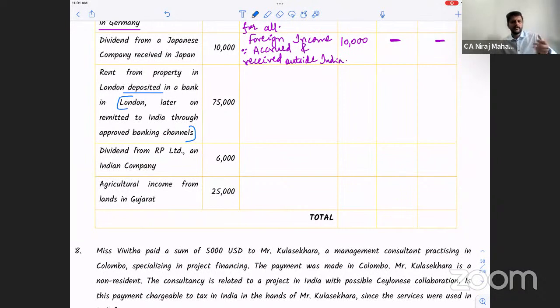Otherwise, how many times? Imagine if you have 5 bank accounts, and you keep on transferring from one branch to another branch, from one bank to another bank. Are you going to pay taxes 5 times on the one income generated? No. I'm not even talking about interest income here. I'm talking about the main amount only. So when you transfer to yourself from London to India, it is not an income. It is accrual outside because obviously property is outside India, but receipt is also outside. Clear?